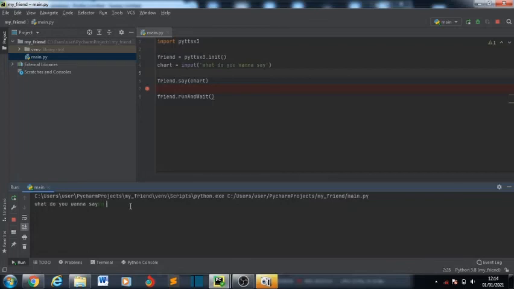Let's see. I'm tired of sitting and I want to lie down. Enter. I'm tired of sitting and I want to lie down. Good. So that's it for